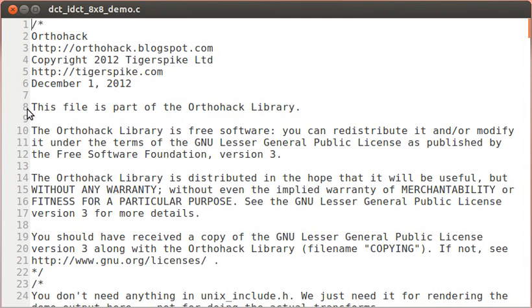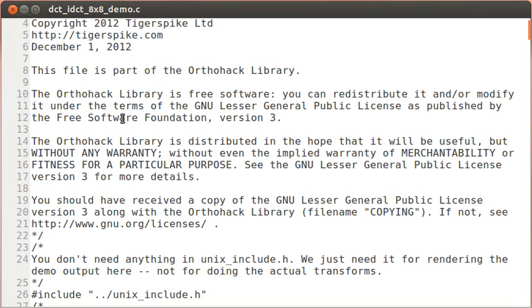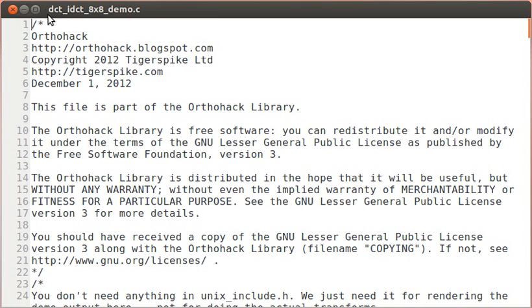Okay, this video is about how you can actually use Orthohack to generate a customized transform just for your own purposes, whether it be floating point, fixed point, or custom fixed point. And I think the best way to learn this is to look at dct idct8x8 demo.c, which is in the